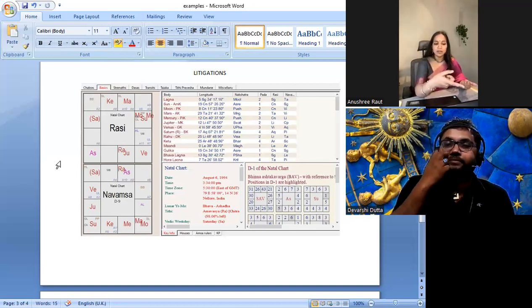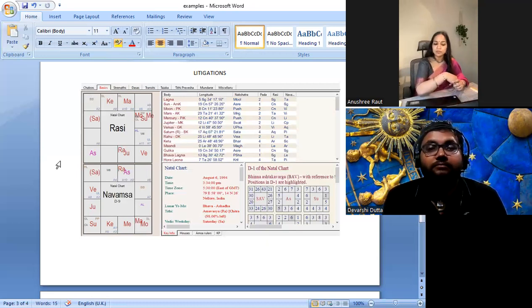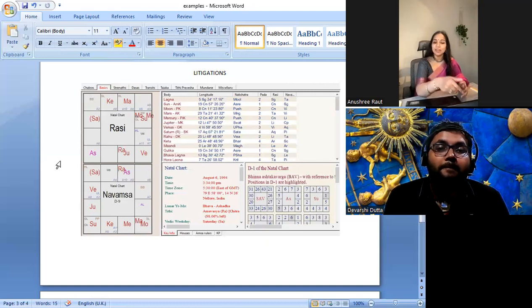Right. So this person not only has Mars Atmakaraka, so litigation will be a part of his life. Blood pressure will be a part of his life. The money that they have is also an issue. So the father is involved in a lot of black money kind of thing over here. Okay, if you look at Sun, see how Sun has gone to the 8th house. So the money that they're getting is not really good. So the Atmakaraka has gone to the Taurus sign.